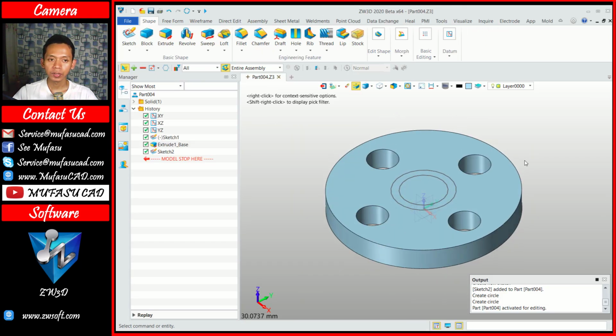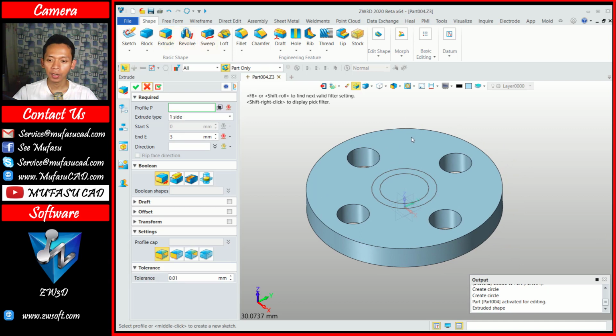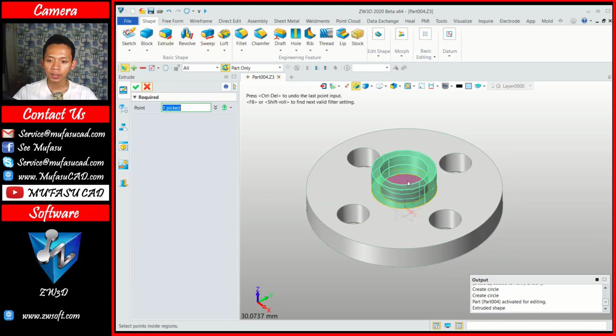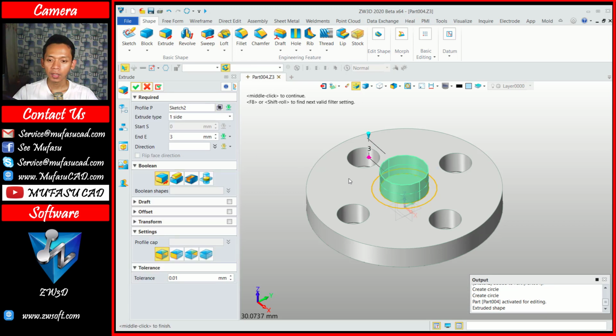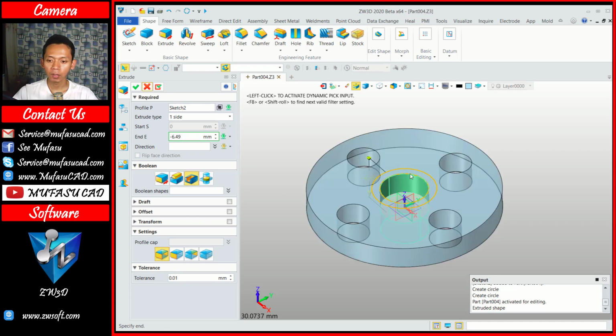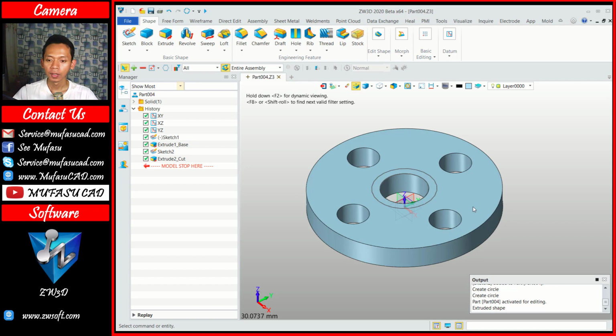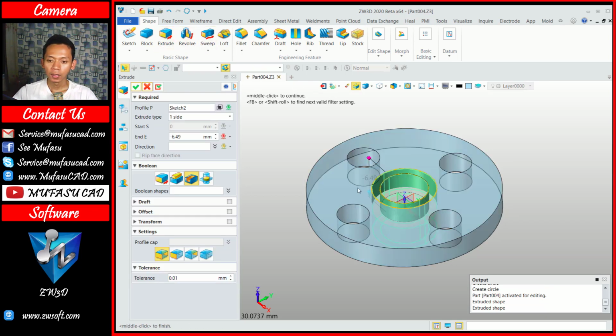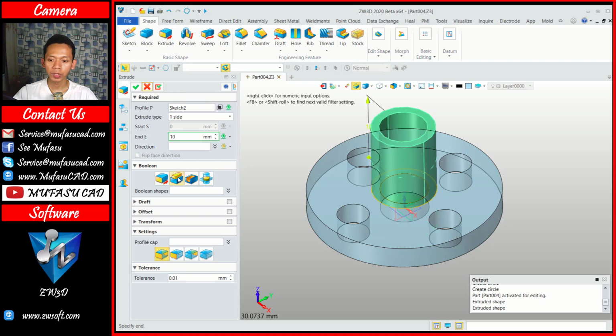We use extrusion again. You can click extrude and select this profile. Use this option, and then I will select this face. You can click apply. Next I will move this point to the bottom, and then I will use the remove option, so it will be removed and create holes. You can click OK. Next we can use extrusion again. You can select this profile, and then we can extrude to the top by 10. You can use the add option. You can click OK to apply.